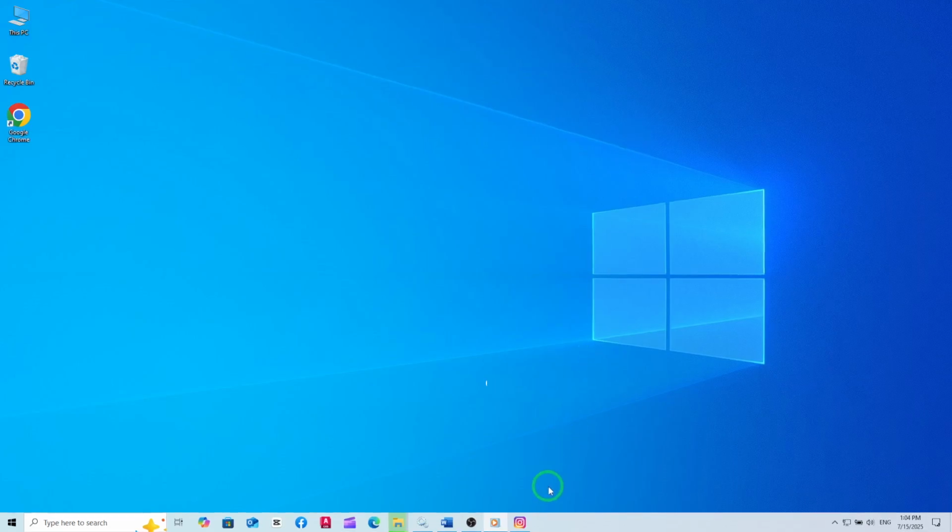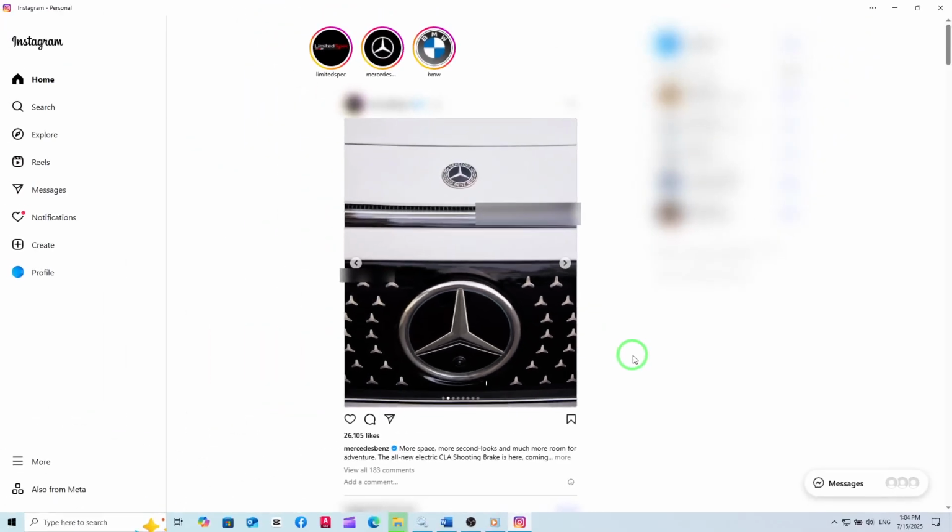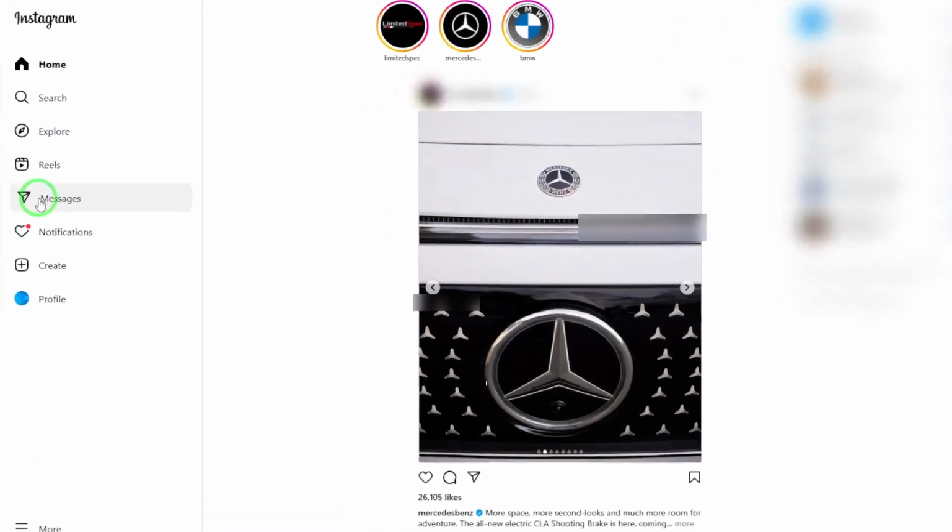If you haven't logged in yet, enter your credentials, and you'll land on the familiar Instagram home screen. Now, look over to the left side menu. Here you'll see several icons. Find the one that looks like a speech bubble. That's your messages icon. Click it, and you'll be taken straight to your direct messages, where all your conversations are